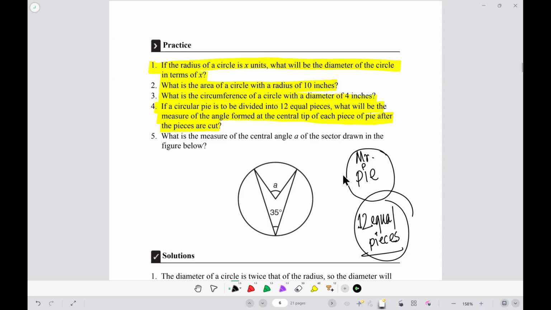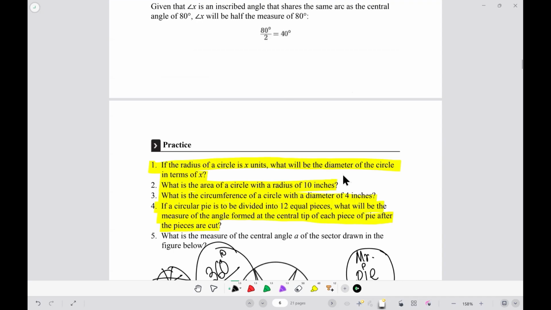The pieces maybe look like this. Just consider we have 12 pieces. So what will be the angle for each piece of pie that is cut? So what do we need to do? We just need to divide 360 degrees by 12,